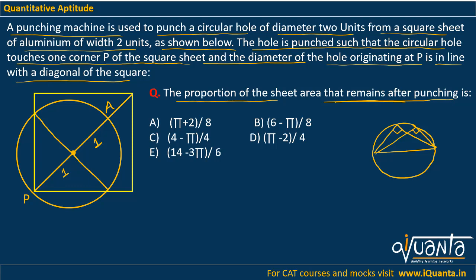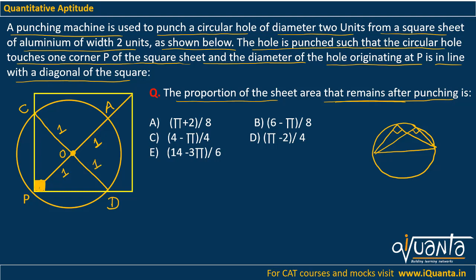So here also we can see that this angle is 90 degree because we were given a square over here. So this will be 90 degree. Hence we can say that this CD, I'll name these points as C and D, CD will be the diameter of this circle. I hope this is understood. Now if this is the diameter CD, then this will be 1. Let me call this point O. So CO and OD will also be 1.